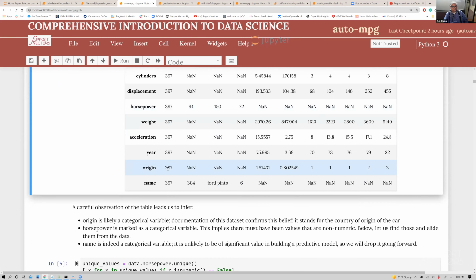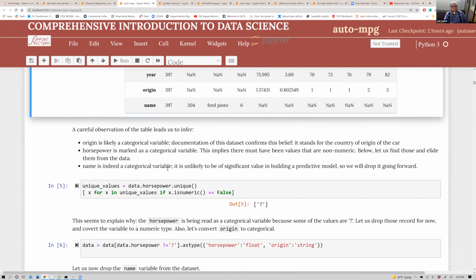If you look at horsepower, you suspect something is bad. And so you can check, maybe some values are not numeric. And when you do that, you find that, yes, truly,